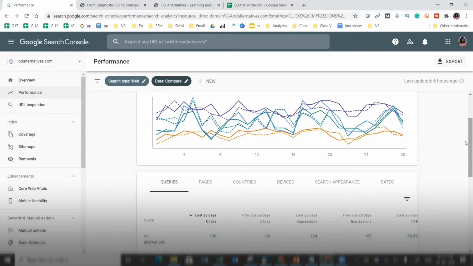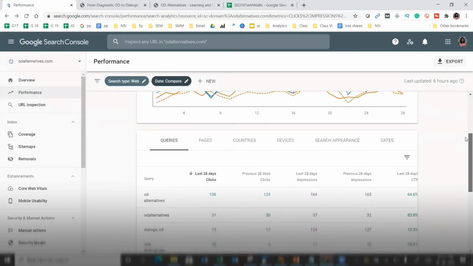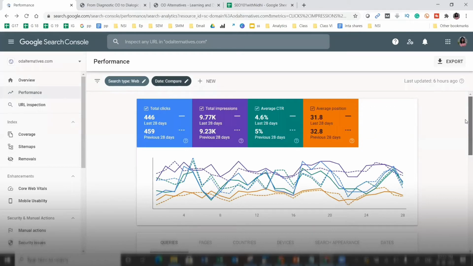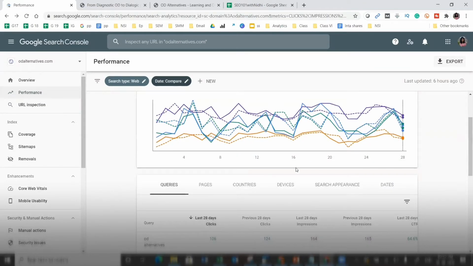So what happened around the 10th of August was one of such natures where pages started deranking, etc. So I will go ahead and deep dive into this data and analyze what has happened. How will I do that? I will go through all these sections and figure out what was going wrong, what was going right, etc.